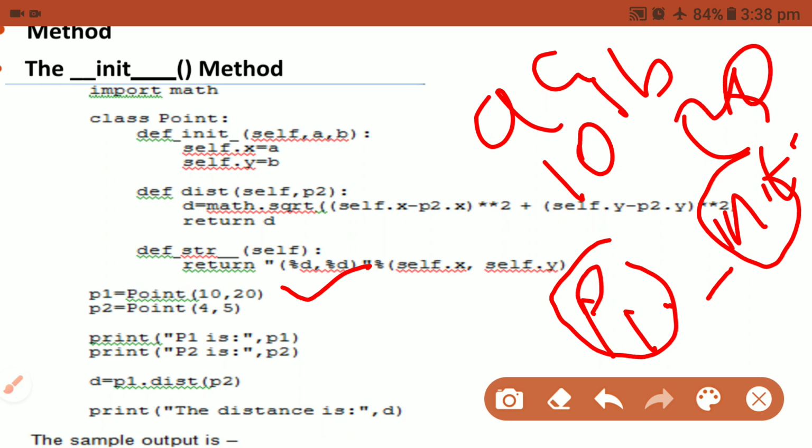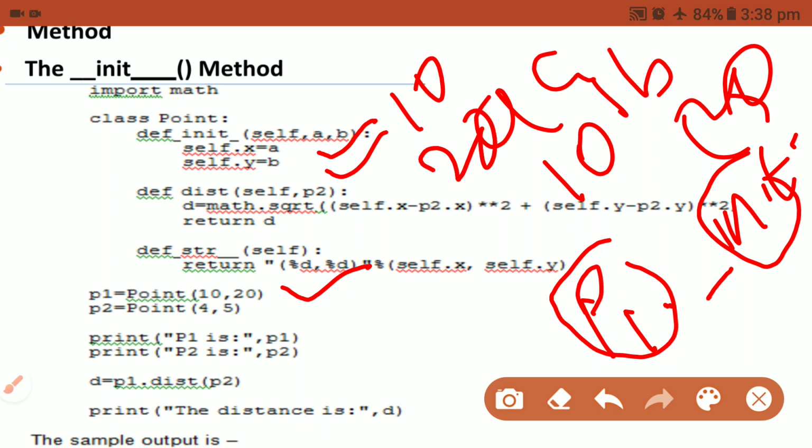After passing the values, the __init__ method has some statements: self.x equal to a, self.y equal to b, that is, a equal to 10, b equal to 20. After it is invoked automatically and the values 10 and 20 are passed, they are stored in the form self.x equal to 10, self.y equal to 20.